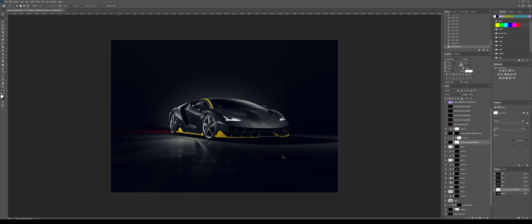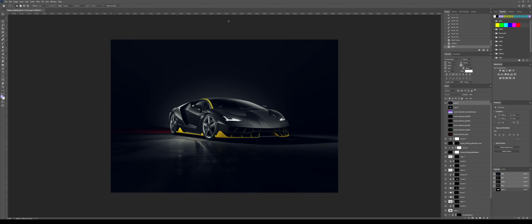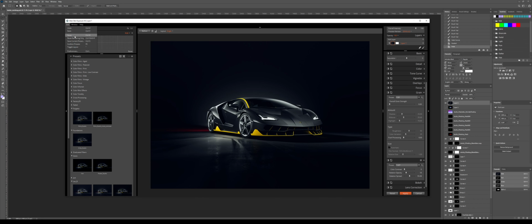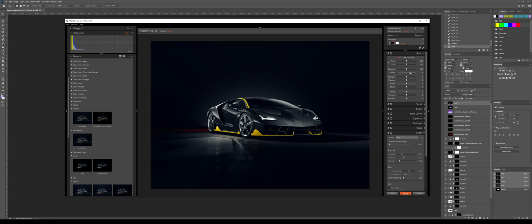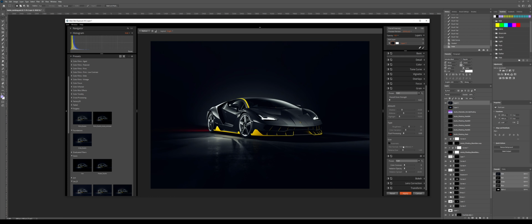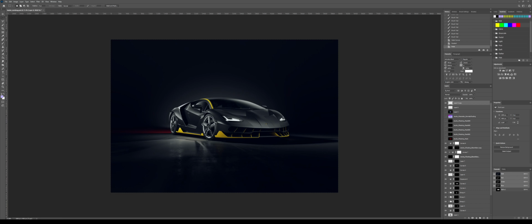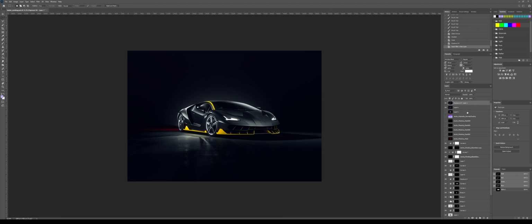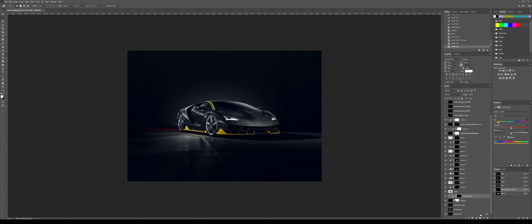And now, last but not least, what I like to do is I use this plugin called Exposure X from Alien Skin. And this is just how I usually do a final finish on my stuff. It's just sliders, it makes life easy for me. So I'm giving it some contrast, some clarity, some saturation, a little bit of highlight, a little bit of glare, glow, nothing too crazy, a little bit of grain to the image, tone it down. So there we go. And actually, before I add that final finish, what I'll do is go in,